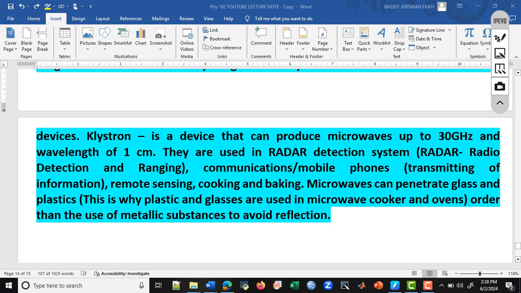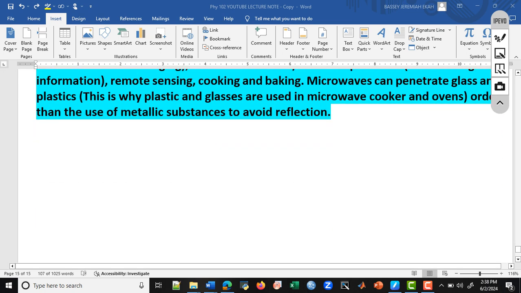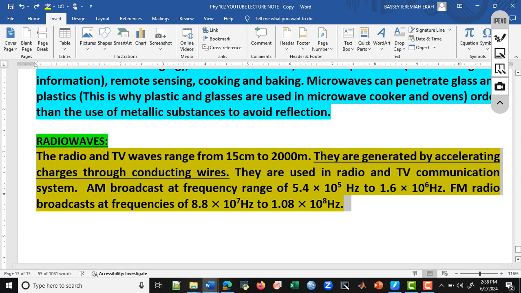Radio waves. The radio and television waves range from 15 cm to 2000 meters. They are generated by accelerating charges through conducting wire. I had to underline this because it is a sensitive point. One could ask, how are radio waves generated? They are generated by accelerating charges through conducting wires. They are used in radio and television